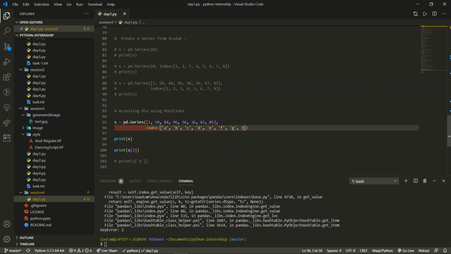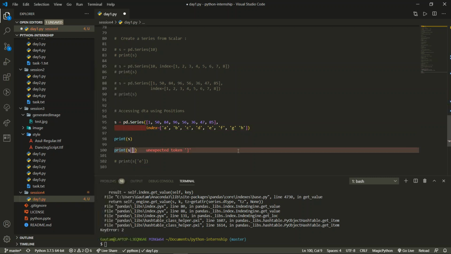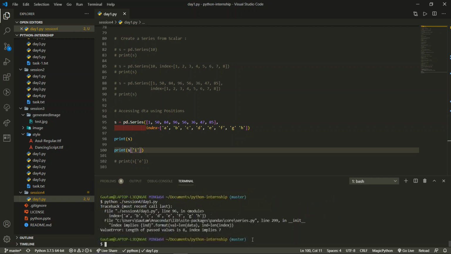Now, if we just eliminate this and write h again, now we will just have an index that is not present over here, like I. You can see over here we are checking the same homogeneous type. I is not present, but it is a character type and of the same homogeneous value. Now if we execute this code,